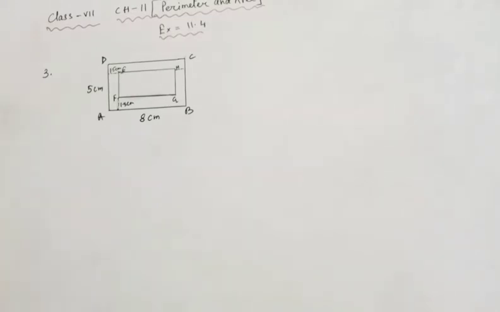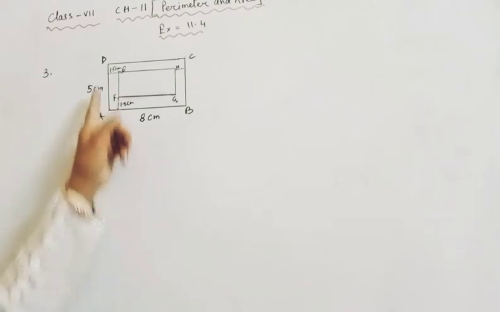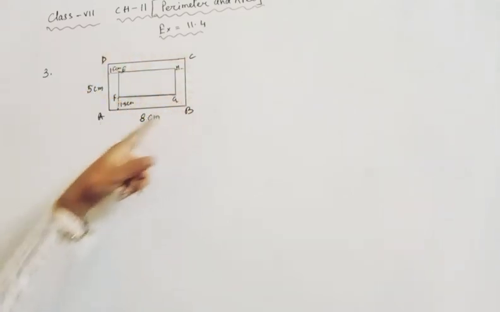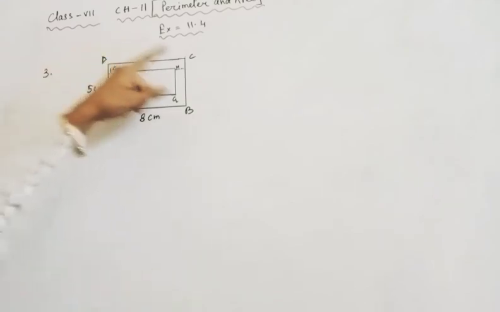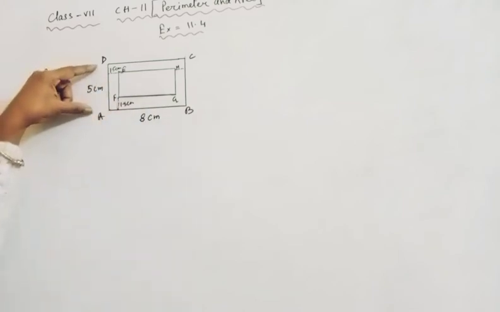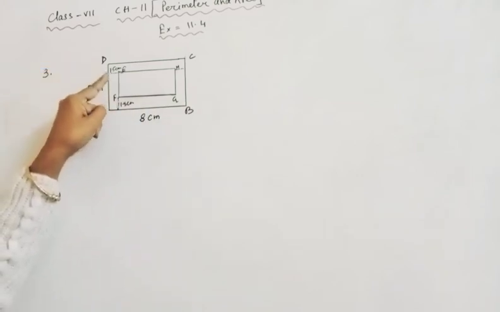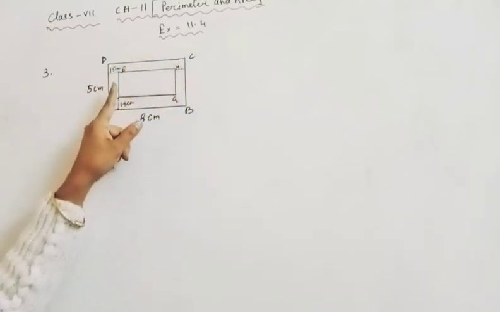Now question number 3. Question number 2 is the same as question number 1. So we will do question number 3 now. A picture is painted on a cardboard 8 cm long and 5 cm wide. I have taken ABCD as the cardboard whose length is 8 cm and breadth is 5 cm, and the margin of 1.5 centimeter all around the board, the picture,